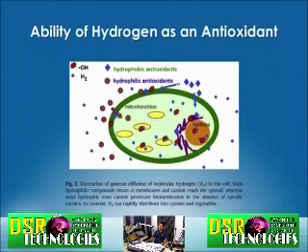So, regarding the ability of hydrogen as an antioxidant, you can see here the different antioxidants, hydrophobic and hydrophilic. They can't really get inside, only one or two go in, and they also have to go through active transport. And these are the free radicals that are damaging the different mitochondria here. But you can see that hydrogen passes right through and is able to take care of the free radicals inside the mitochondria and inside the nucleus very effectively.